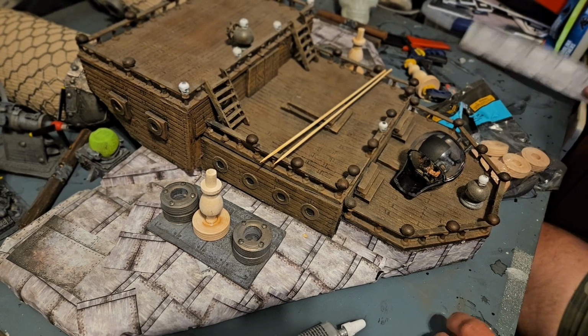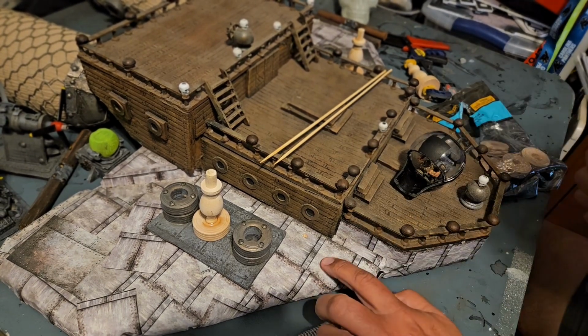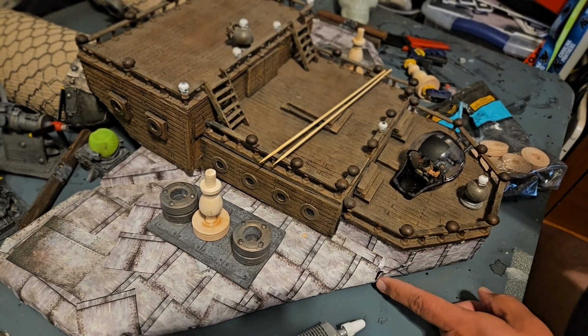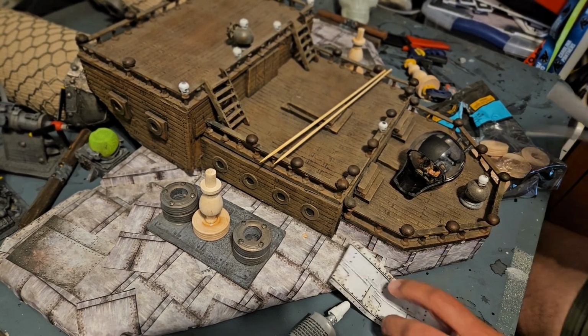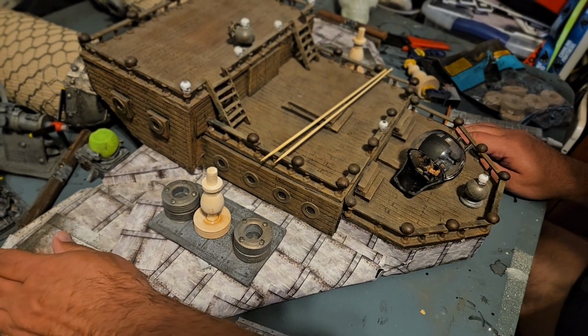So that's that. I printed some, I found the exact file for these things. I think it's the same one. It's close. I need to repair this part, the front end of the wing. That's I think where it landed. So I'm going to put extras over this with some glue. There are other places I've got to repair that are kind of coming up, so I'm going to probably do a lot of